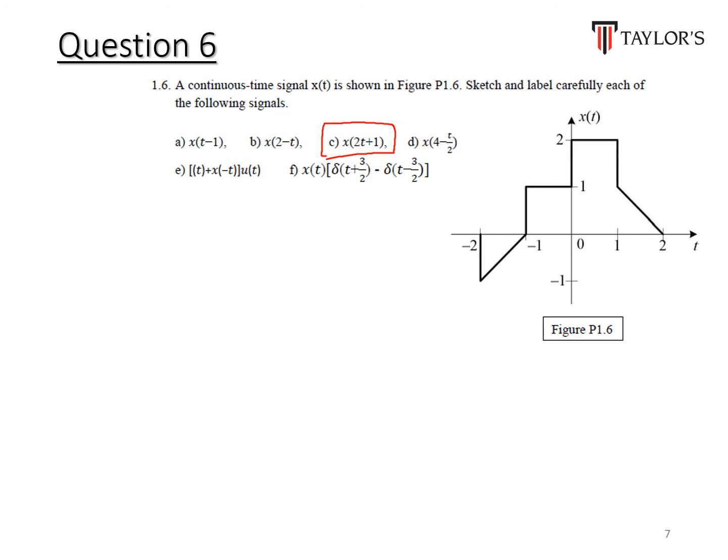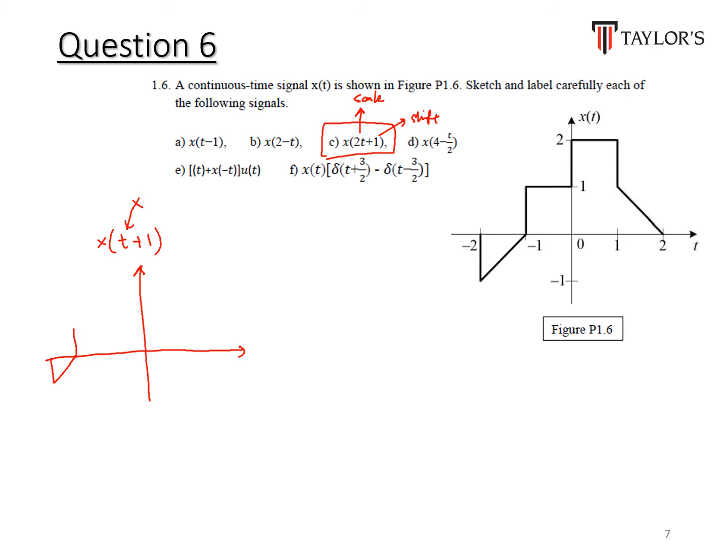I have mentioned it in the lecture as well. When you have time scaling and at the same time time shifting, you will have to do the shift first before you do the scale. So first, we need to find out what the shifting is, without scaling yet. There's no scaling for this question first, so we just do the shifting. To shift it by +1 is very simple. You just shift it to the left by one step. So everything will be